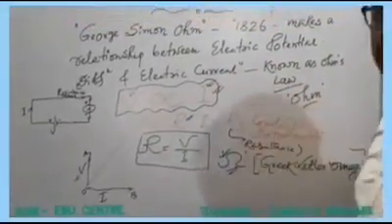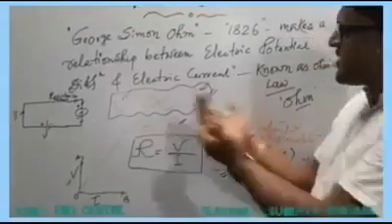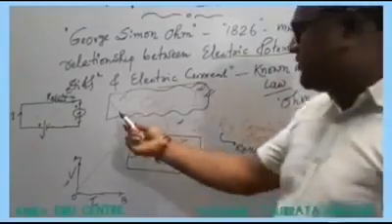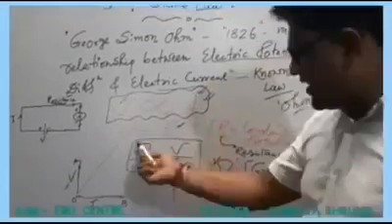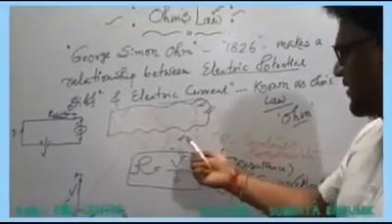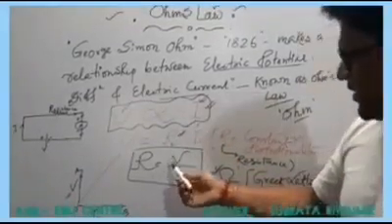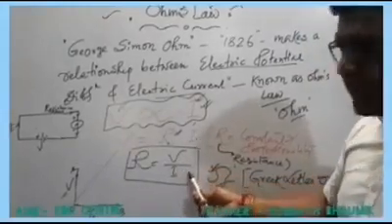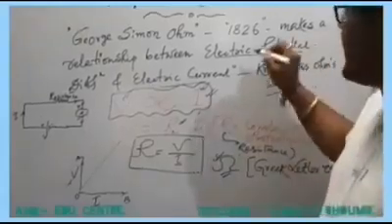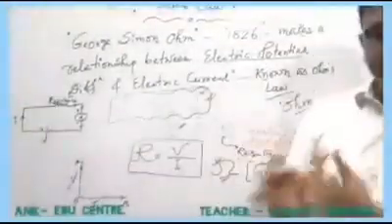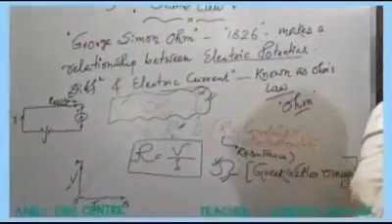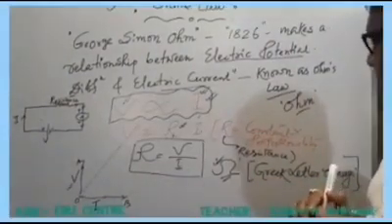So what is Ohm's law? It's very simple. Ohm's law is a relationship between electric potential difference and electric current, denoted by V is proportional to I. So V is equal to R times the electric current, where R is a constant. So R equals V upon I. V means electric potential difference and I means electric current. Don't be confused between electric potential and potential difference. Both are the same idea. When there is no difference in voltage, it's called electric potential. When there is a difference in voltage, it is called electric potential difference.